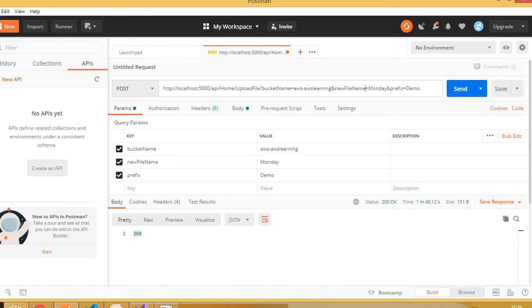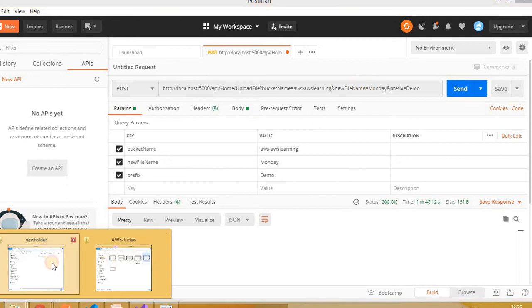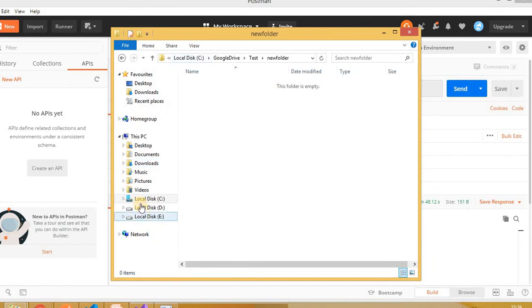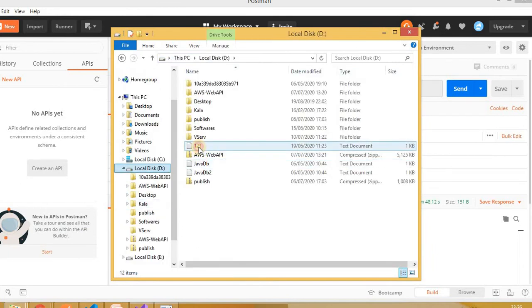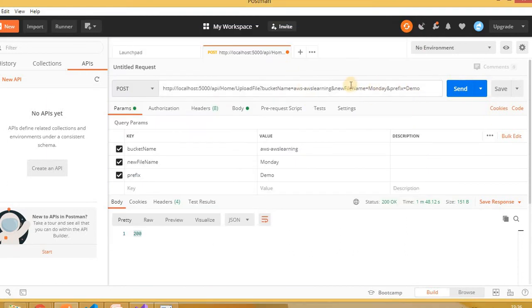Suppose it's new file name, I need to get some file. Let's use this file. This is the file name.